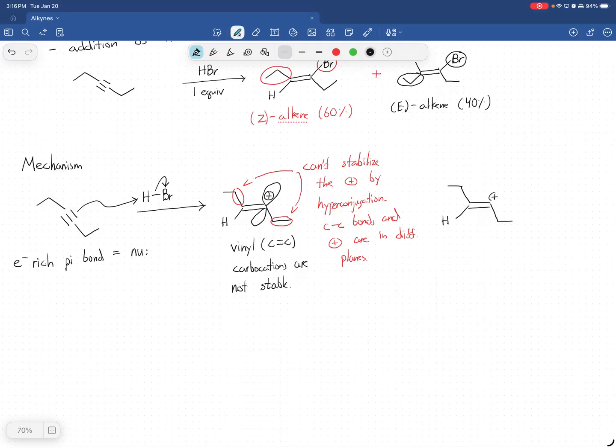All right, so what do you think is going to attack this positive charge? Well, we have a Br minus floating around. What do you think that's going to do? Any ideas? Yeah, it's just going to be attracted and do nucleophilic attack. Now it can bond to this carbon because this is a very, very reactive intermediate. So that will bond to that carbon, and then we get the product here